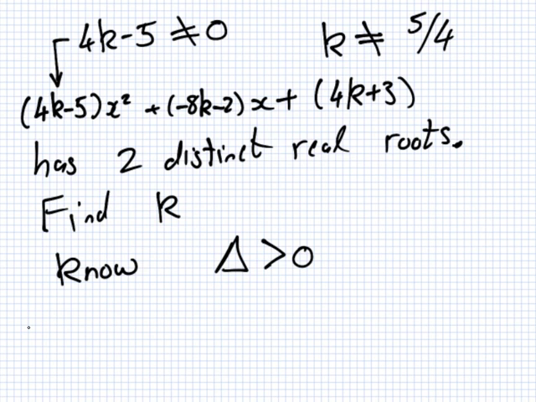Okay. Right. So we know the discriminant is positive, so that means we know that b squared